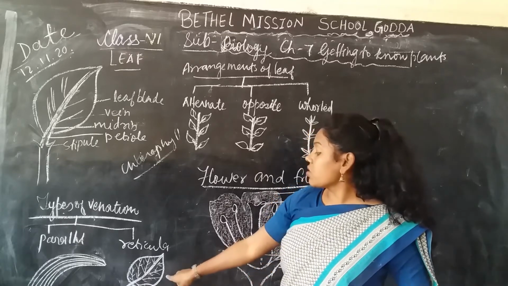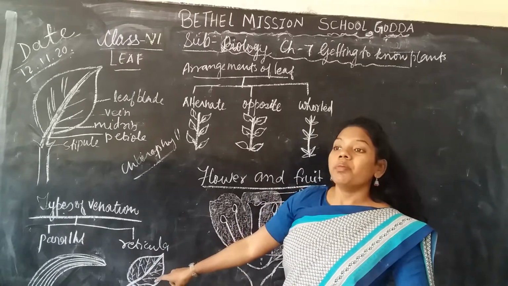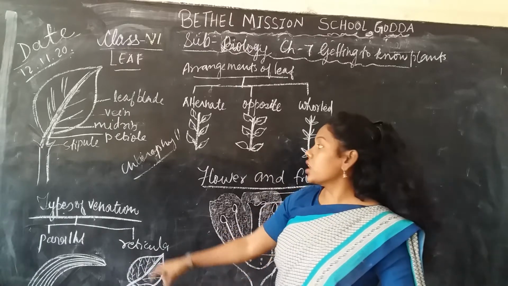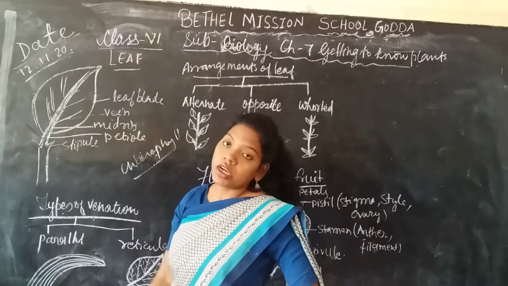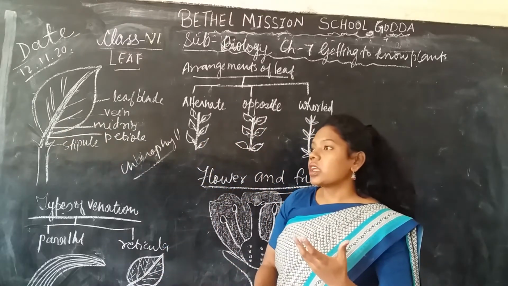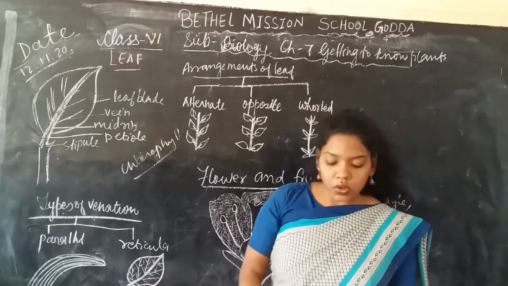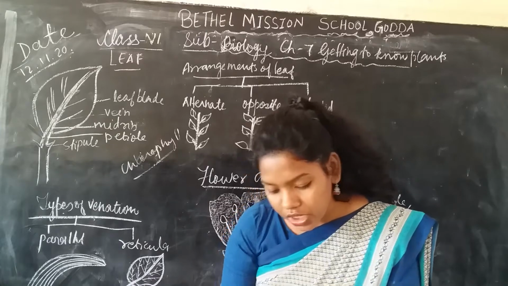And reticulate means the leaf contains a mesh, or we can say branching veins which start from the midrib. So it means it is meshed up, or we can say very complicated veins which you see. Now I'll show you an example of reticulate venation and the